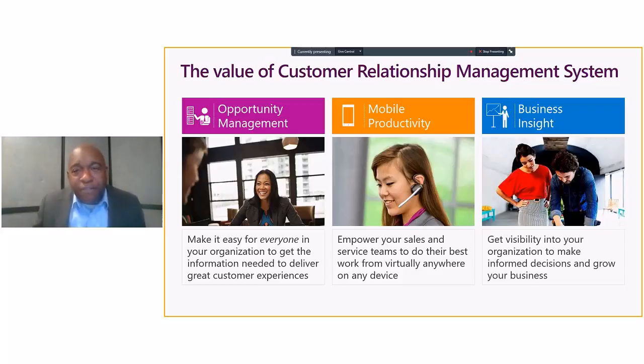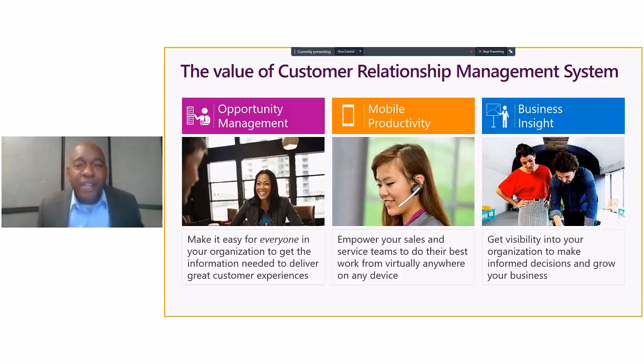Being able to get visibility into your organization so that you can make informed decisions. And that's important for executives and those who are taking the lead in an organization. They want to be able to look in and see what's going on in their company. Really, which direction are we going? Maybe sales in one particular region of the world is taking off more than another. And so they need to maybe focus some efforts over there, or to shift, or find out why it is working in this place and why it's not working over here.